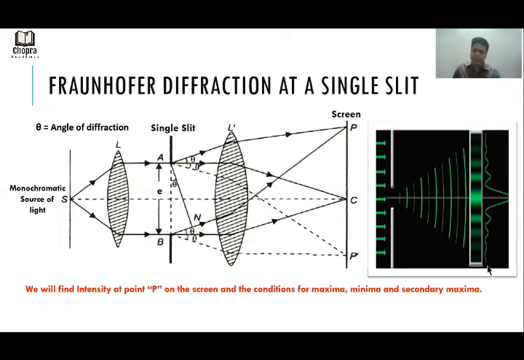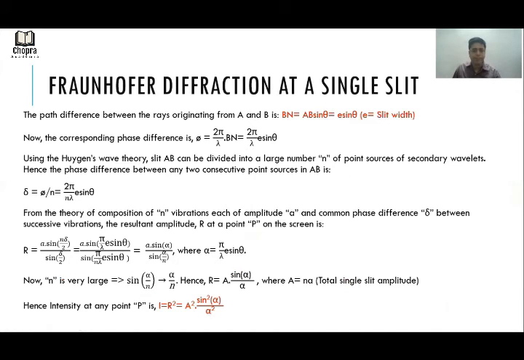You see the diagram here. This is the intensity plot. So this angle is theta, this angle is 90, so this angle again becomes theta. This is how we get this angle theta, and this small length Bn is actually the path difference between these two rays AP and BP. So we will start with the derivation now.